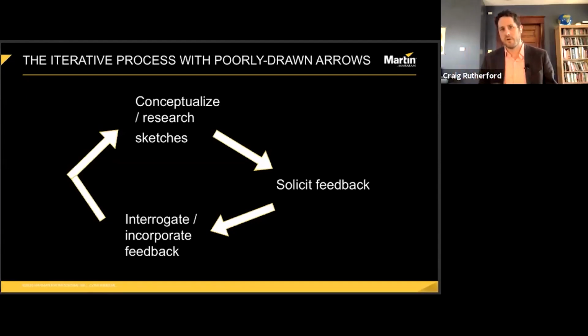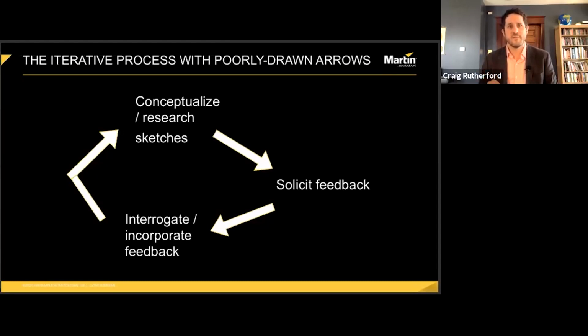Clearly, the second process involves the first, but the second will more often be more challenging from the perspective of incorporating feedback coming from a point of view that you might not have considered before. Certainly, I hadn't considered Baz Luhrmann before. So to recap the overarching process of sending things to clients, the process begins with design. You conceptualize, you research, and you sketch.